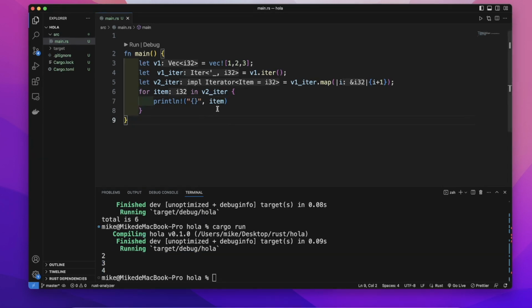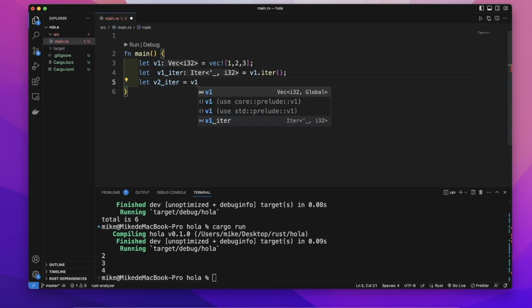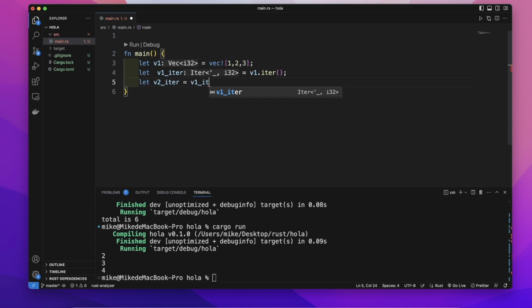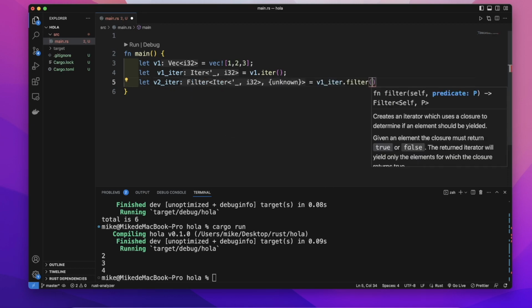We can use the iterator adapter method filter to create a new iterator with specified items. So let's remove this and let's create a variable v2_iter to store the new iterator. Then let's use the filter method on this v1_iter, and this filter also will take a closure as argument,